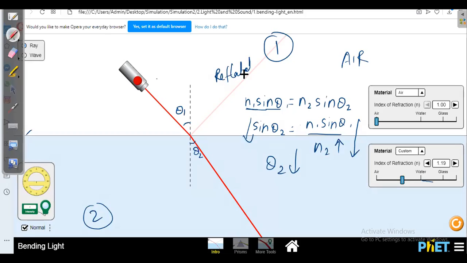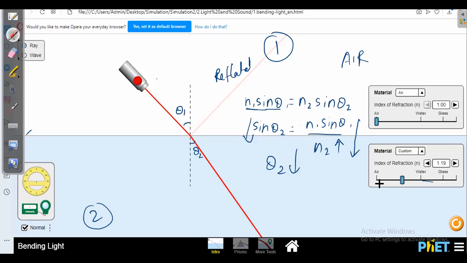When light or electromagnetic waves go from one medium to another medium, if it is a different medium, then you will have reflection as well as transmission. But in this case, it is clearly visible. The reflection is very little because the intensity is shown by the line. The reflection is around 10% and transmission is around 90%.